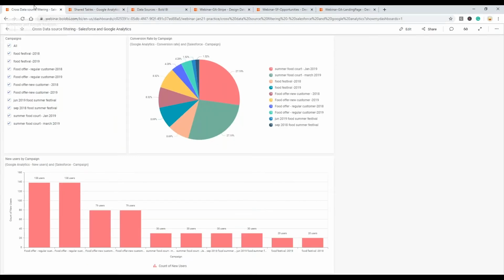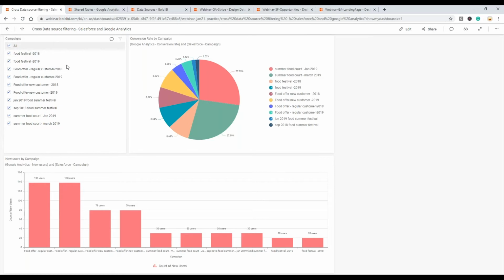So coming to the first part of the demo, I'm going to create these two dashboards. Before creating the dashboard, let me explain what it contains. In this dashboard, I have combined two data sources, Salesforce and Google Analytics.